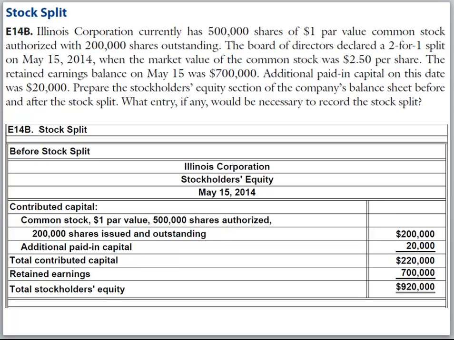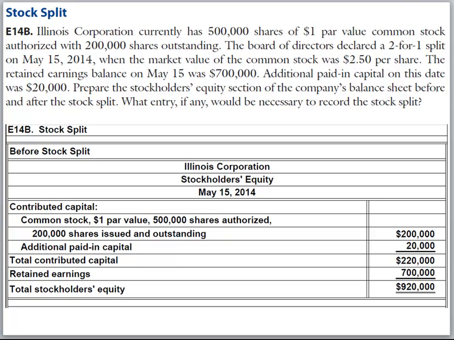In this example, we are looking at how a stock split affects the stockholders' equity section of the balance sheet. Illinois Corporation currently has 500,000 shares of $1 par value common stock authorized with 200,000 shares outstanding. The Board of Directors declares a 2-for-1 split on May 15, 2014 when the market value of the common stock